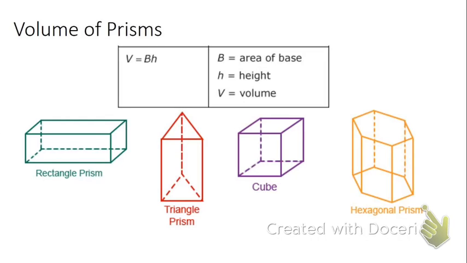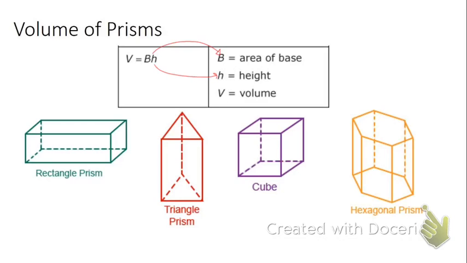Okay, volume of prisms. Volume equals capital B, which stands for the base area, times the height of the whole entire solid. So let's understand what that's saying here. First of all, volume fills up your shape. So if I'm finding the volume of this, the reason this works is if I'm even just looking at a cube,